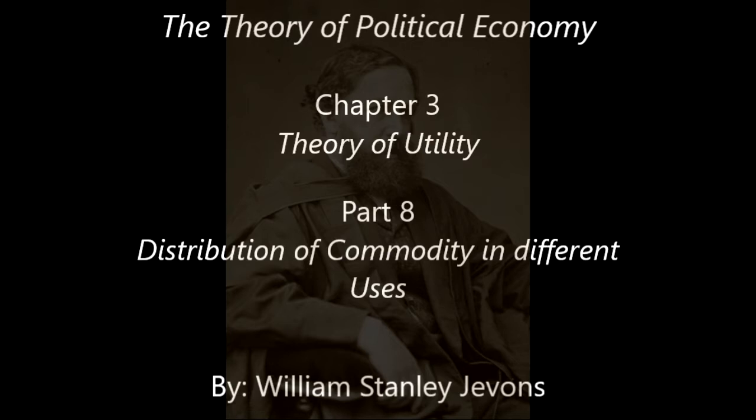Let S be the whole stock of some commodity and let it be capable of two distinct uses. Then we may represent the two quantities appropriated to these uses by x1 and y1, there being a condition that x1 plus y1 equals S. The person may be conceived as successively expending small quantities of the commodity.